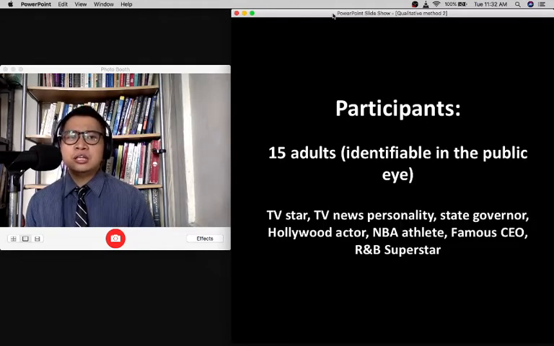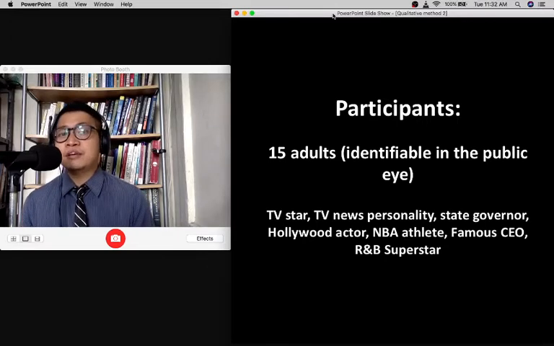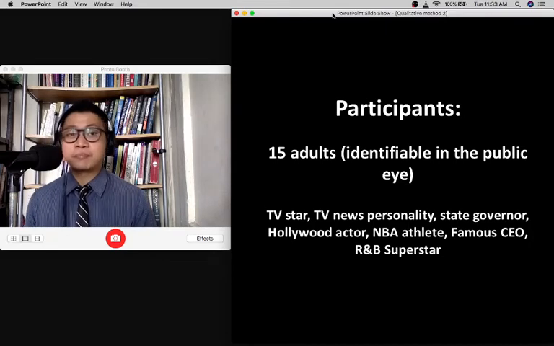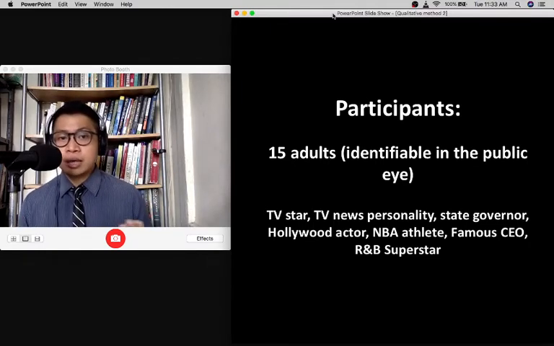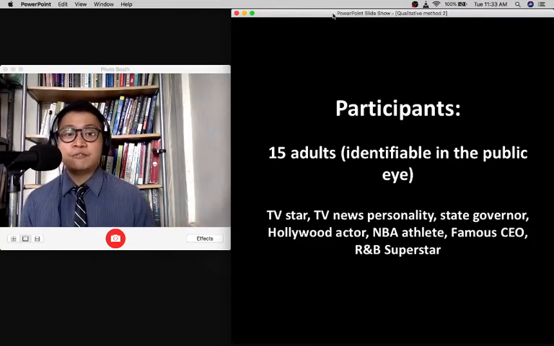So, ang ginawa nila dito, nag-interview sila ng mga 15 adults who are very famous. They are so famous that they are identifiable in the public eye. So, mga big time na mga celebrities ito. Each of these 15 people, when they go out to the public, people can recognize them. So again, because of confidentiality, the authors did not mention the names of these people, but in the journal article where this came from, they have given some of the profiles of these 15 famous adults